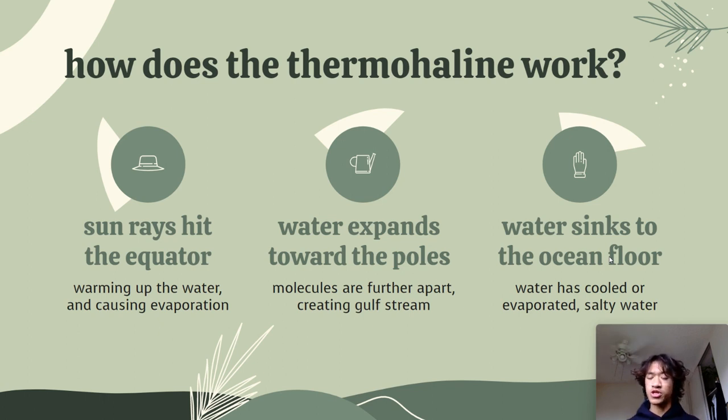And once this water reaches the poles, it cools down, and because some of the water has evaporated, the density of the salt within the water is a lot higher, right? So this more dense, more salty, more cold water sinks to the bottom of the ocean floor. This is what they call the ocean's conveyor belt because as the water is sinking, it's bringing oxygen, nutrients, sediment, and a lot of other stuff towards the bottom of the ocean where our decomposers and other animals can use it,